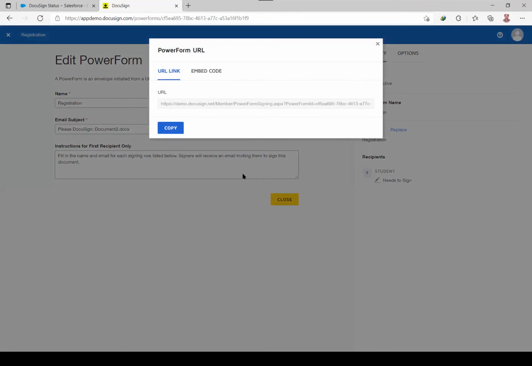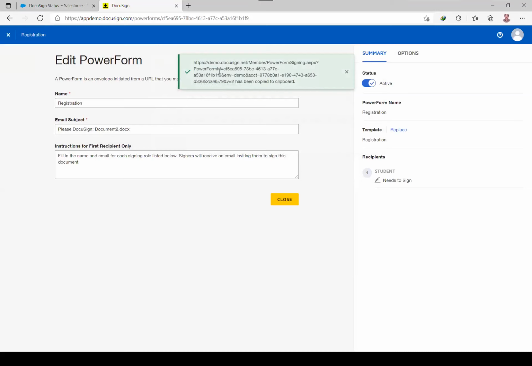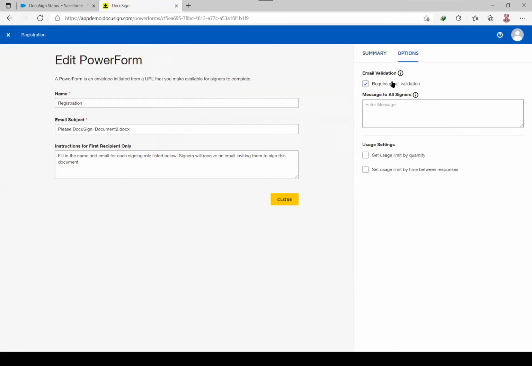Here it comes. Whenever the form is created, a unique and secure URL is created. This is that URL, and I'm copying it. If I try to access this URL, it will first ask me for email validation.